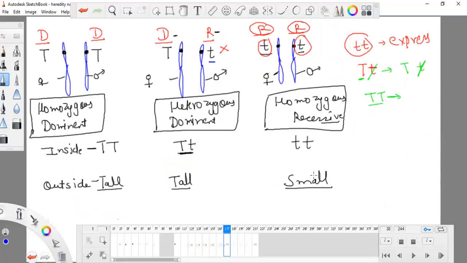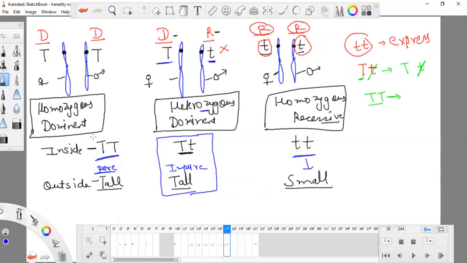So you can see now it is tall because both of them are capital, and that's why it can express. Now this one is tall, but it is not pure tall, I will say it is impure tall. And this one is pure tall. So these are something external and internal. The problem externally and internally is only with this heterozygous case. Why so? Because it is not pure internally, it is getting two different types of allele from its father and mother, but externally it is showing that I am tall.